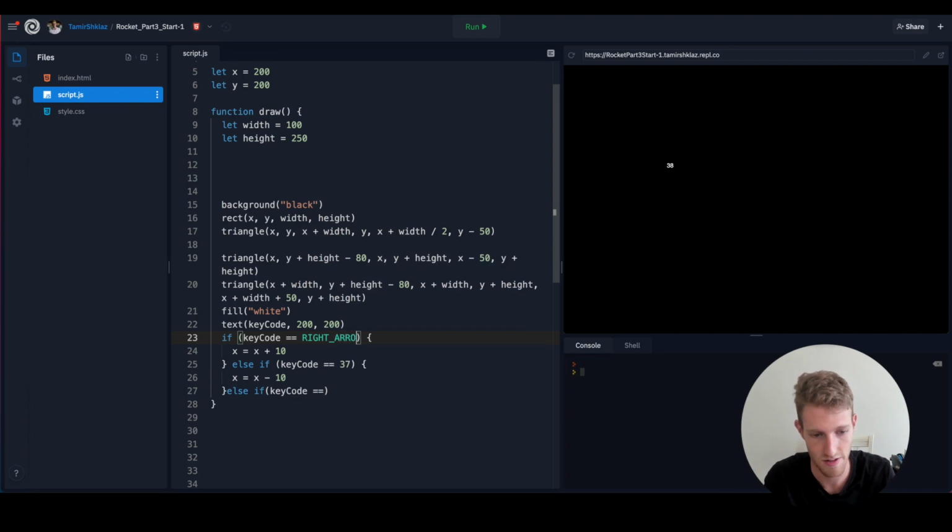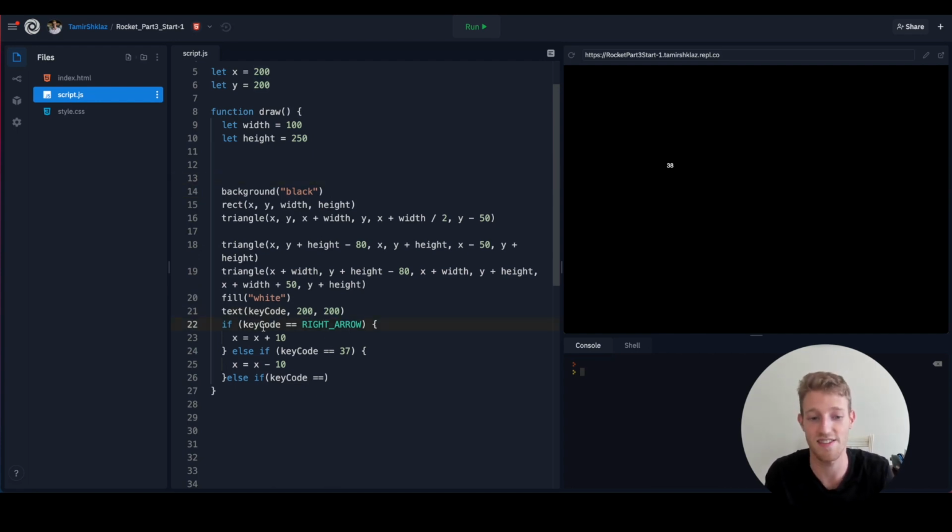Right arrow. So right arrow is a variable name, like the people who wrote P5 made a variable that looks like this. Let right arrow is equal to 39. That's what they did. But this is defined somewhere else in code, so we don't have to redefine it. So now all this is saying is if key code is equal to 39, but it's just in a more